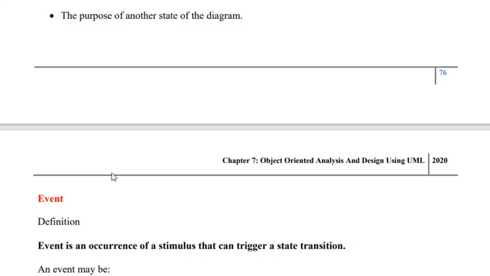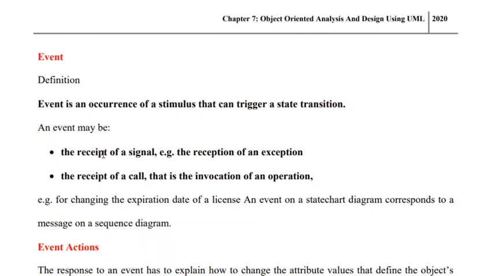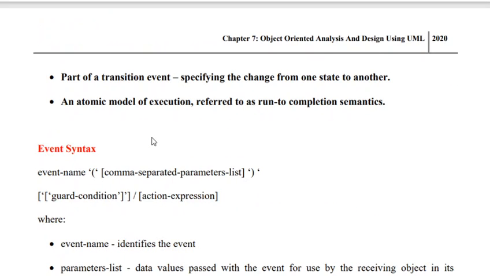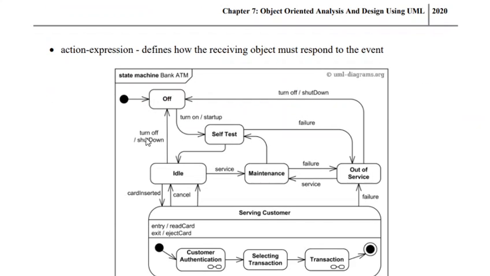Now then we talked about intermediate states. So we talked about how we can have a simple state or a complex state as an intermediate state. Then we talked about events and the types of events that may be there. It may be a received signal or it may be an invocation call. So an event is the occurrence of a stimulus that can trigger a state transition. So we learned about event action, right? Then we learned about event syntax, and then we tried to understand the state diagram with the help of a